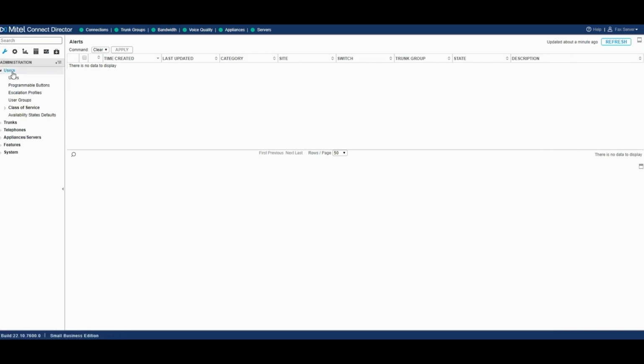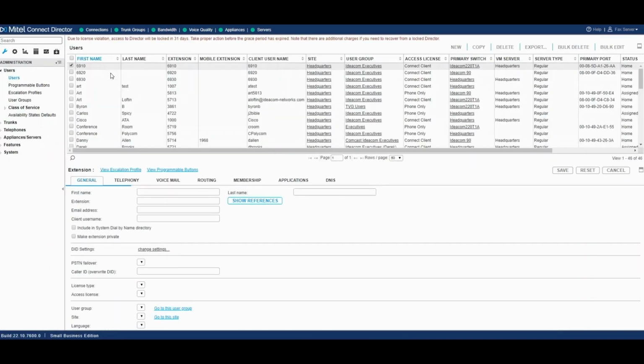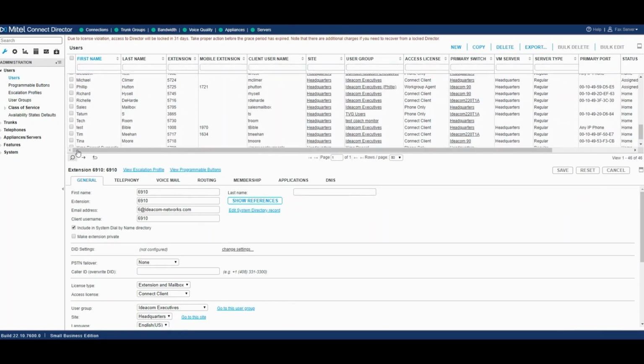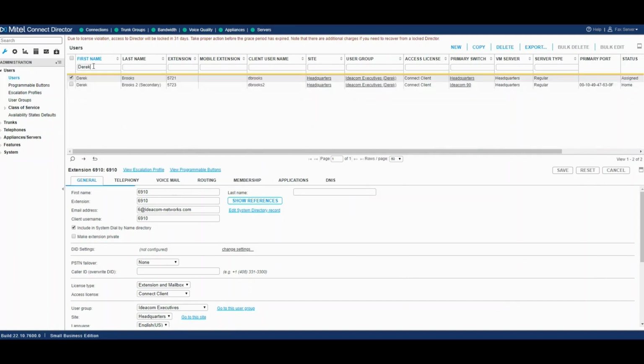If you click the wrench icon and click users, it's going to list all the users in your phone system. I can scroll up and down and pick my user, or I can hit the magnifying glass icon and I can search by first name, last name, extension, site, user group, and so on. So if I wanted to select my phone here, I can type in Derek, right? Find my phone,